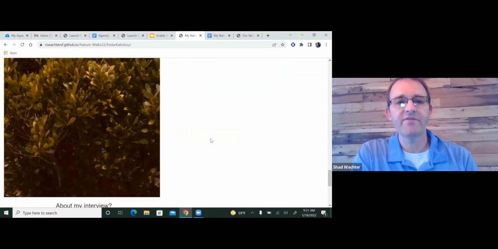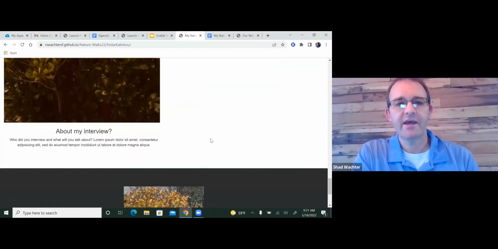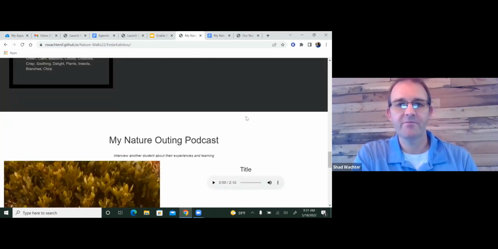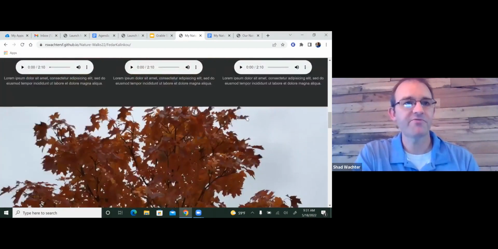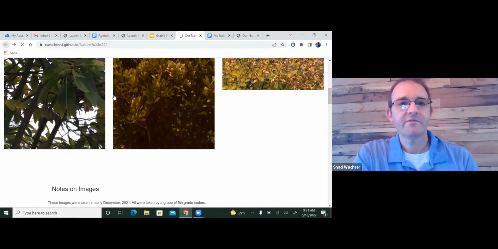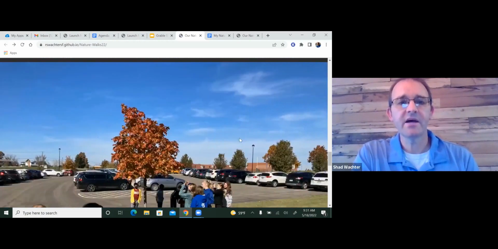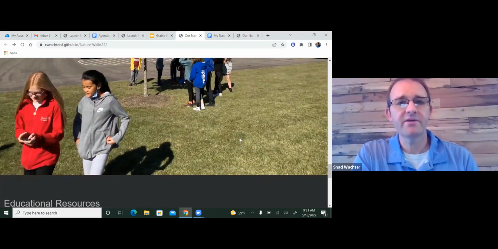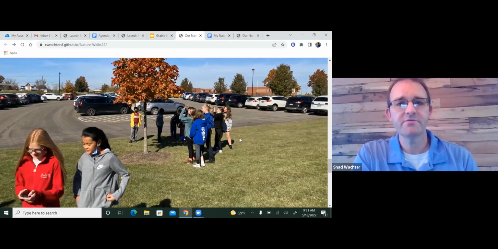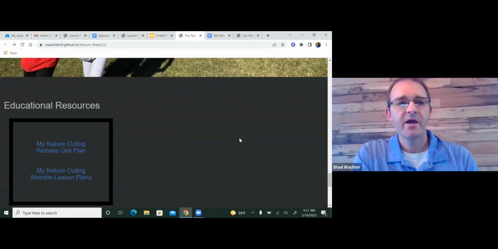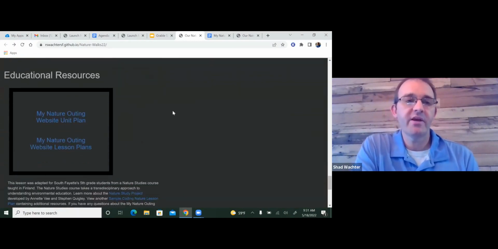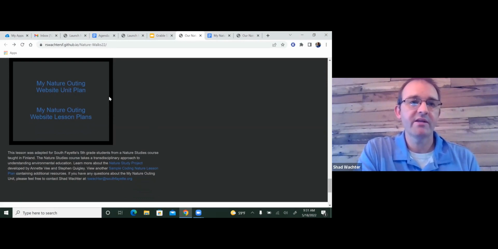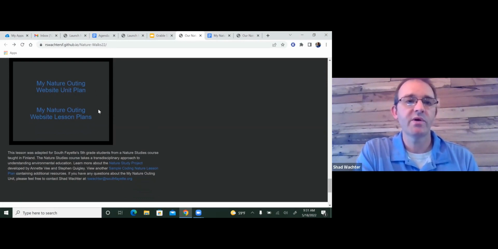But again, they all have followed the same template. And again, you can see that maybe he didn't quite finish, but he really wanted his project published. So I published it for him. And moving on down, here's more pictures of the kids taking pictures. And then on the website that I created, I put a link to the nature outing website, as well as to the unit plan,